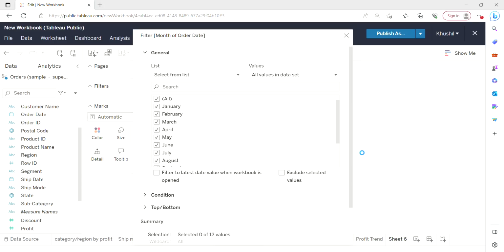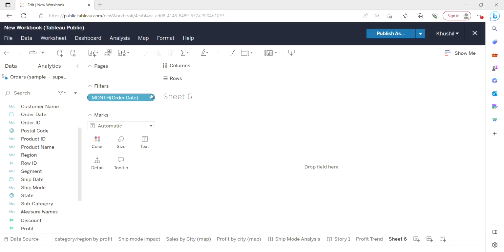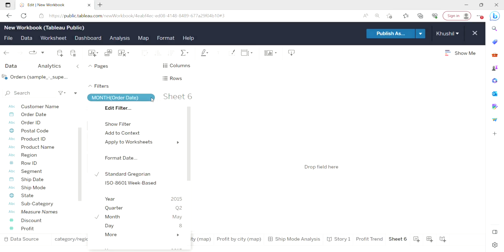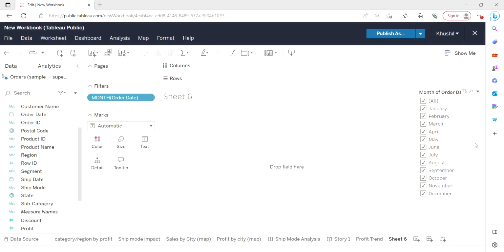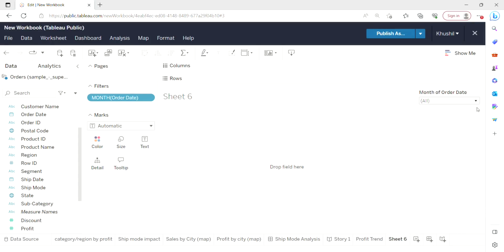We need all the months, and I will simply click on OK. And here I will click on show filter. So here a filter is also created. Let's say I need a drop down. So simply I will click on this drop down, multiple values drop down list. So here a drop down list is created,